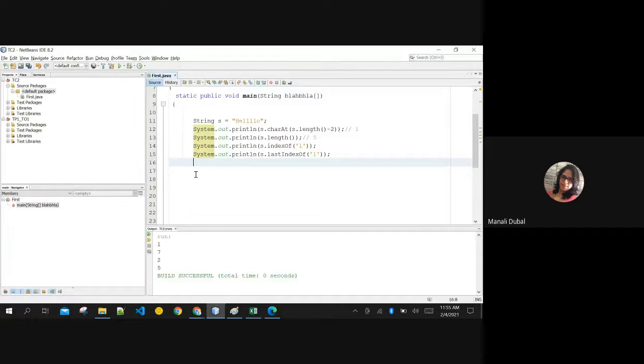Somebody speaking something? Yes, you are saying something. When there is no character in the index, ma'am, why are we giving -1? It is not present. See, 0 itself is a value, 0 itself is some index.